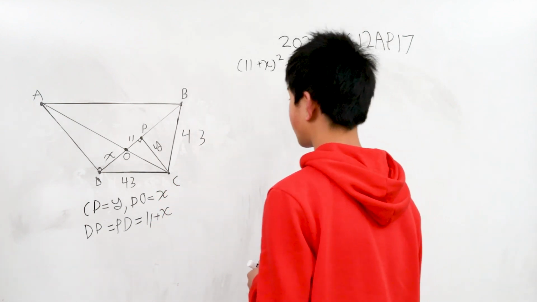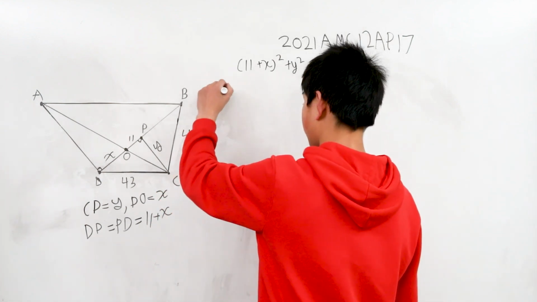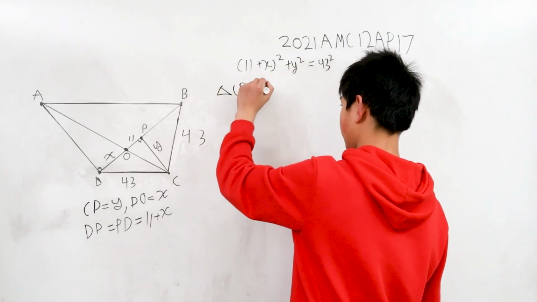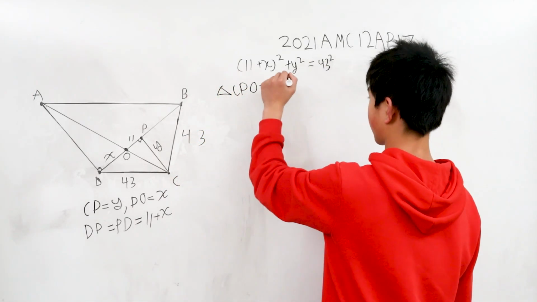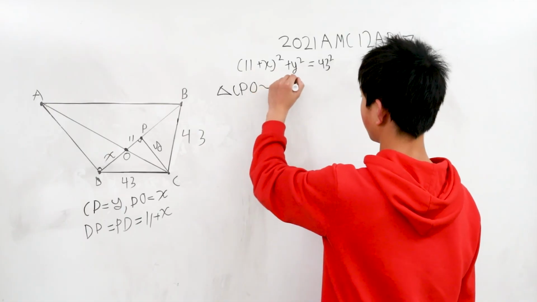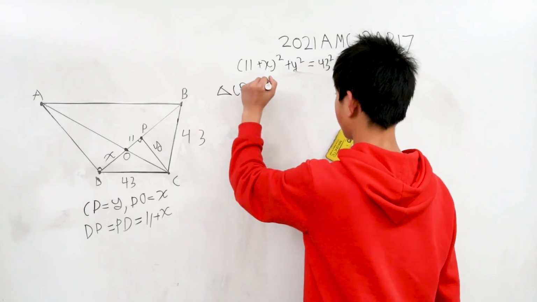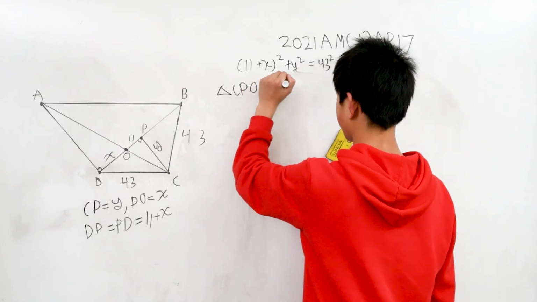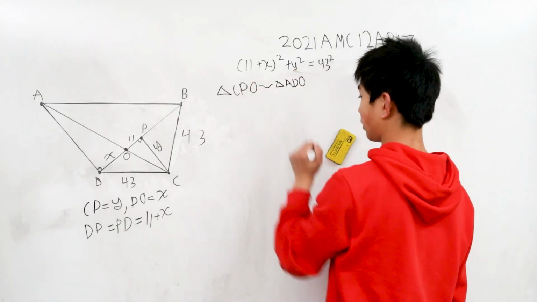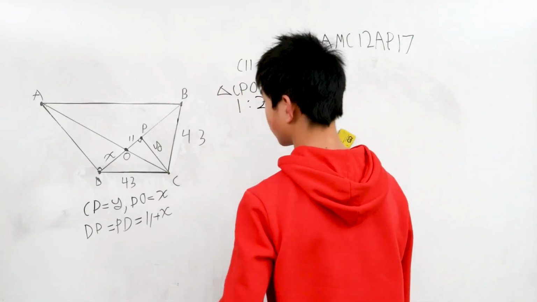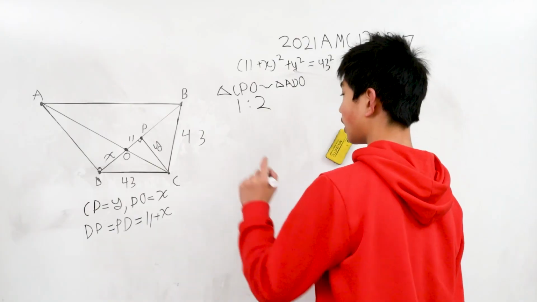We realize that triangle CPO is similar to the triangle ADO with x at the base, with a ratio of 1 to 2. So since we have that,